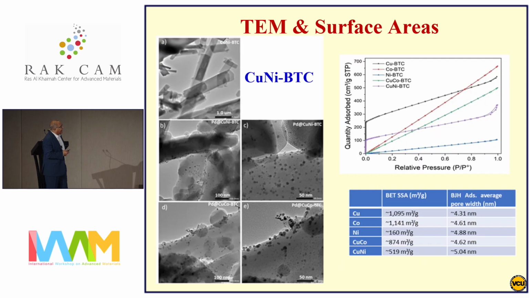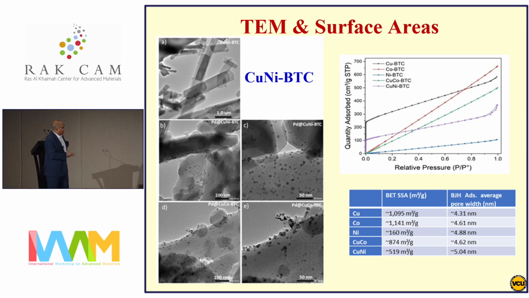We did not expect this system. Before I show the results, I will go through the characterization quickly. So this is palladium particles, again, supported on the different MOFs. This is the MOF itself. This is the copper-nickel MOF, and this is palladium on copper-nickel. Here is palladium on copper. This is copper-nickel, and this one is copper-cobalt, the bottom one here. Palladium supported on copper-cobalt.